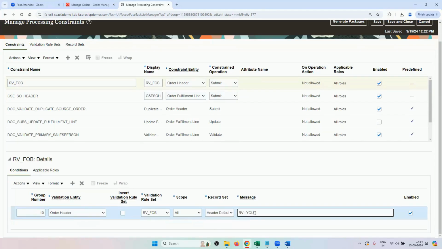You must enter FOB for RV business unit. This is a custom message. RV: you must enter FOB for RV business unit. Correct. Okay. Now invert validation rule set is something like if you want to reverse this condition,